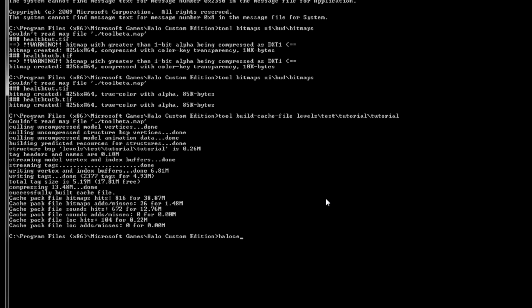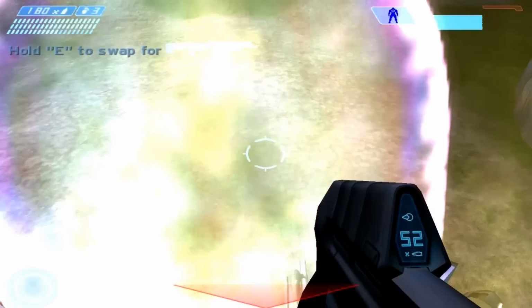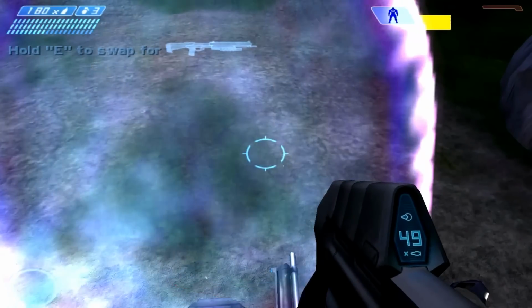Now it's time to start Halo CE and look at our work. Now you have a custom in-game health HUD. Wow,